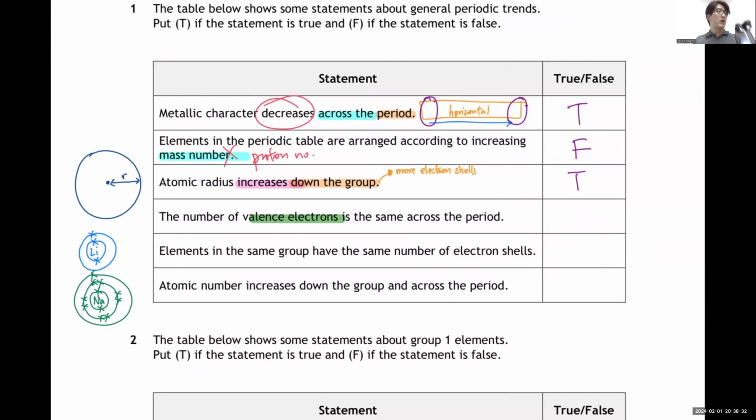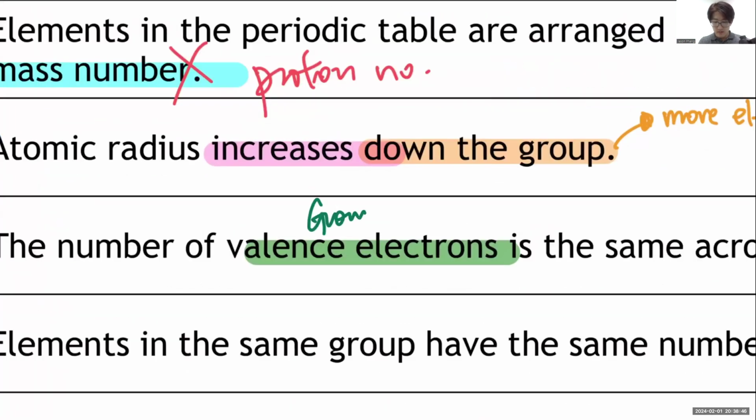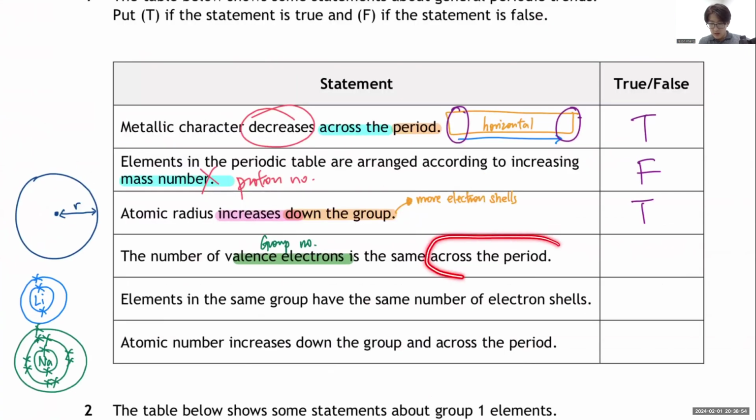Does the number of valence electrons tell me one of those first few things we highlighted, right? Valence electrons tell me the group number. So if you look at this across the period, is the group number the same as I move from left to right? It doesn't, because it's literally 1, 2, 1, 2, 3, 4, 5, 6, 7, 8, 9, 10 like that. Therefore,